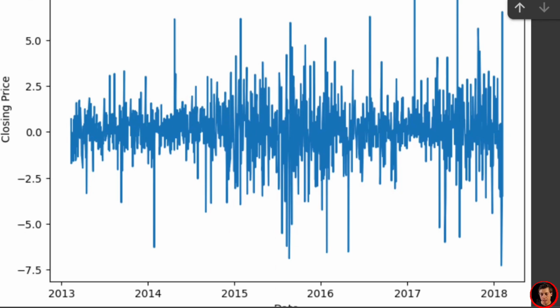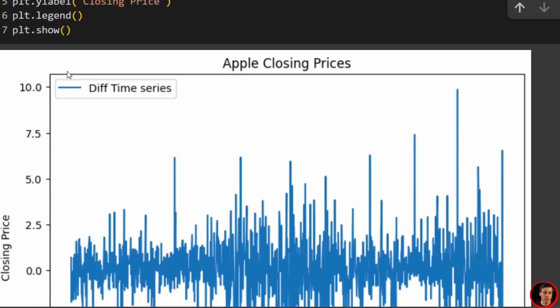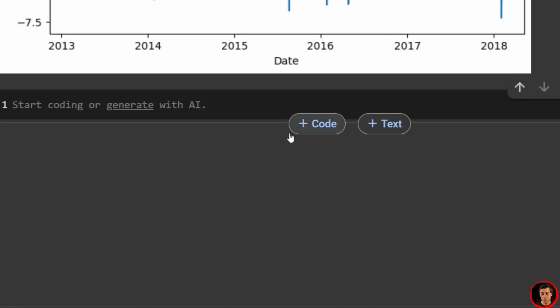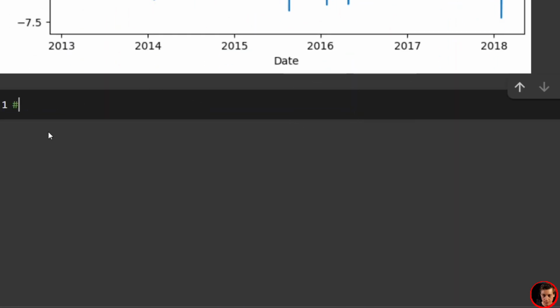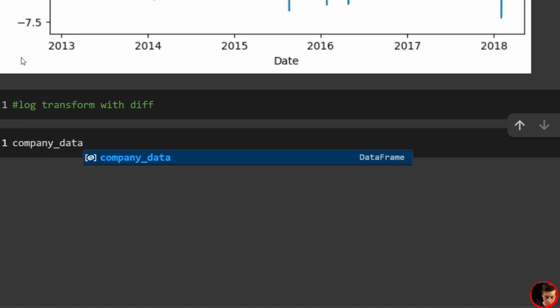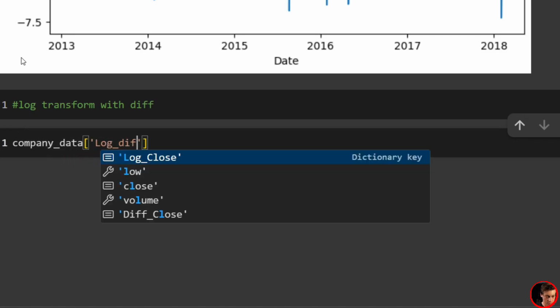Okay, awesome. And then what we're going to do is combine both of these together. So as I mentioned, you have to log first and then diff after. So what we're going to say is log transform with diff, right? And let's do that. So we'll say company data log diff